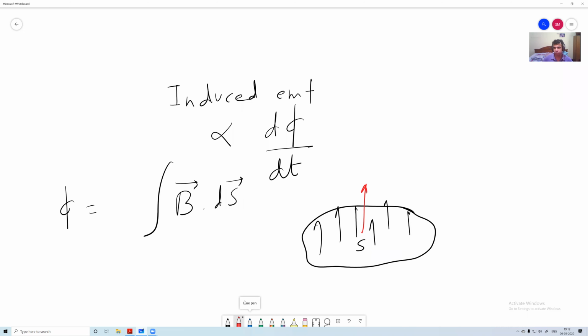Because if we integrate this over a closed surface, what happens? What is the value of this for a closed integral? Anybody? What is the value of the integral I have written in red? Note that in the red one there is a circle which is not there in the black one. What does the circle signify?